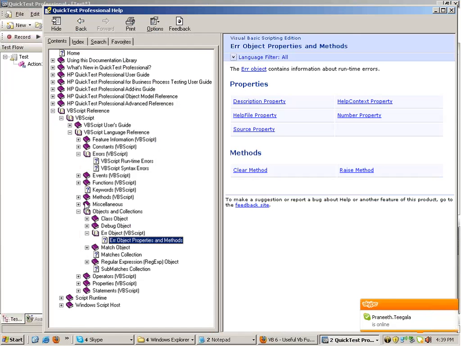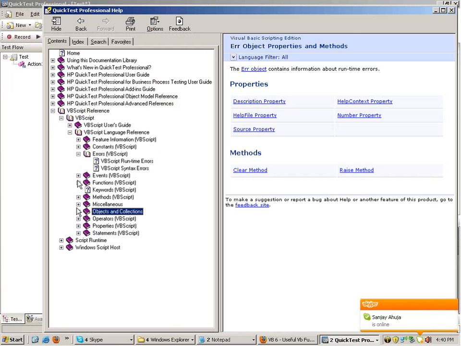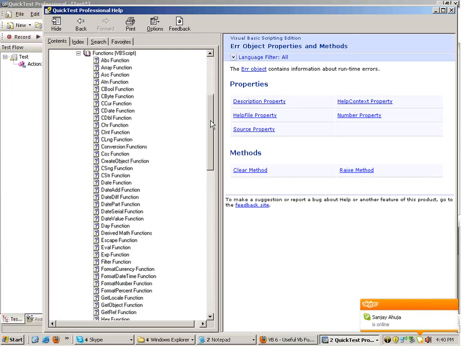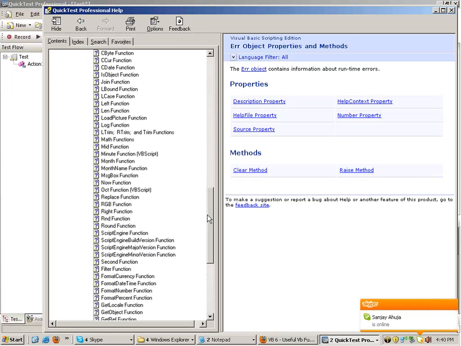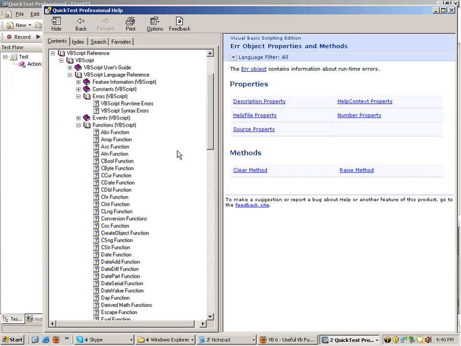I just told you about the functions. Under functions, you will get all the functions which you will require. It depends on your scenario, what kind of problem you have in front of you.